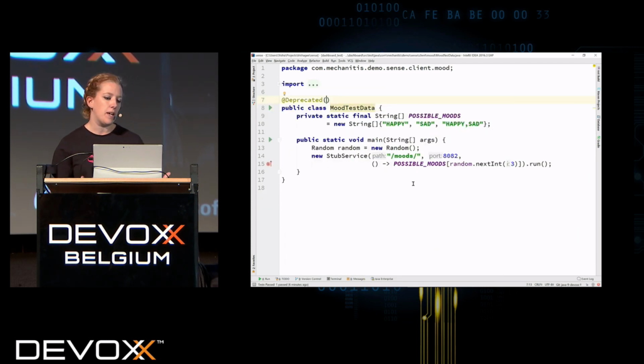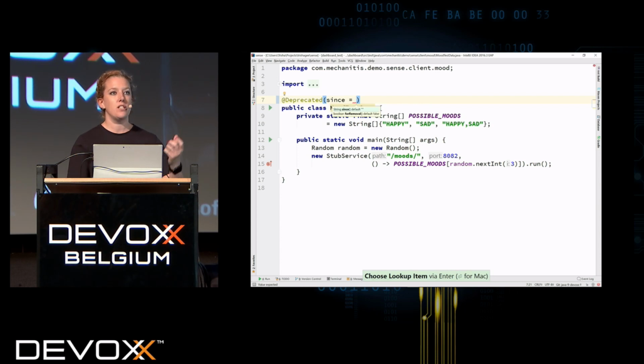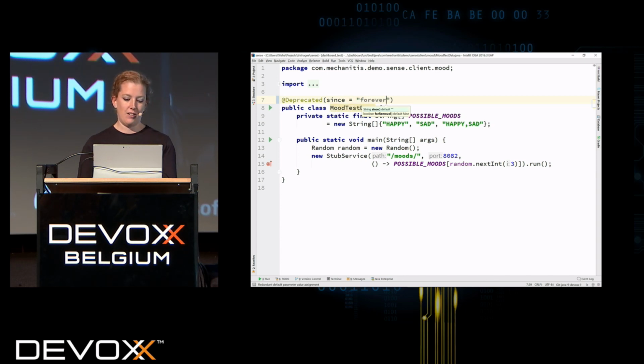instead of just saying this is deprecated and potentially logging it somewhere in the Javadoc or failing to log it in the Javadoc, I can now put information about this deprecation inside the annotation. So I can say this is deprecated since. This is a string value, so it doesn't just have to be a double value of 1.8 or whatever. I could say this is deprecated since forever because it was a terrible idea. And then I can say